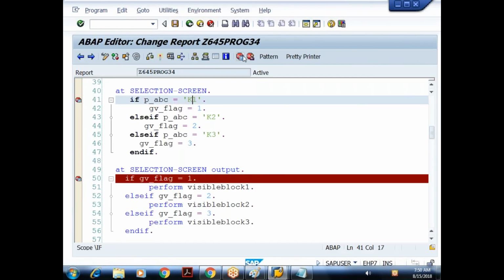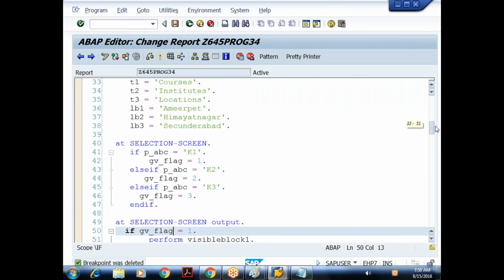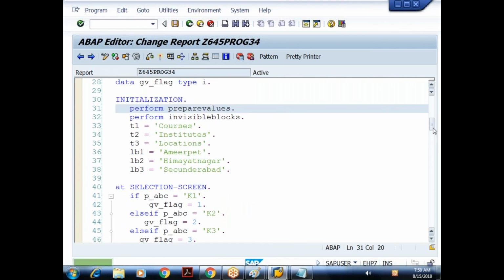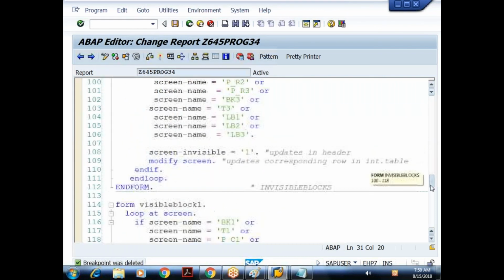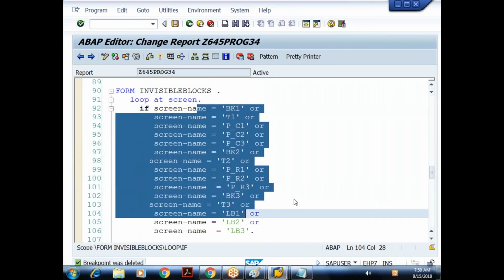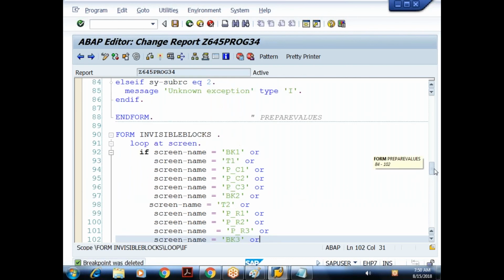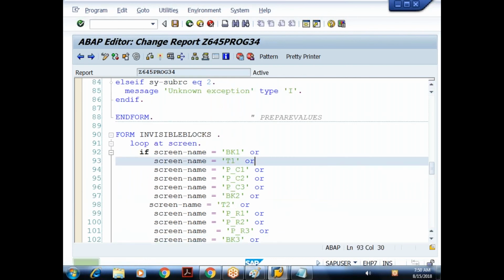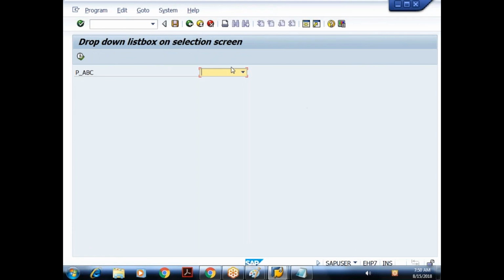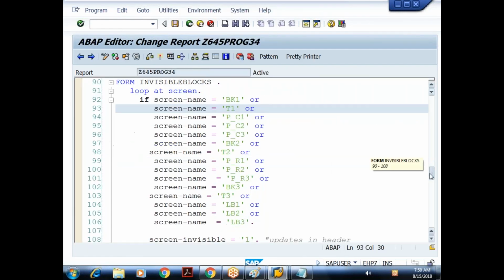Okay. So here we are following a little lengthy process, in the sense that every time I'm comparing each and every element. Instead of doing that, I can group it. So that grouping concept we'll discuss tomorrow. And the other thing I have to address is, the moment I select this, the appropriate block should be visible. I should not press enter. That part I'll cover in tomorrow's session.